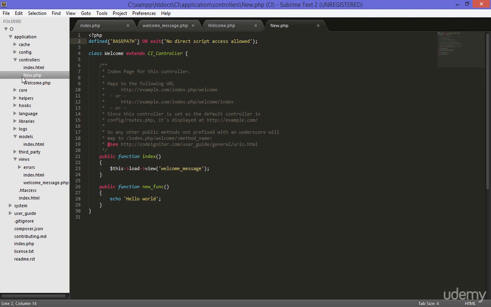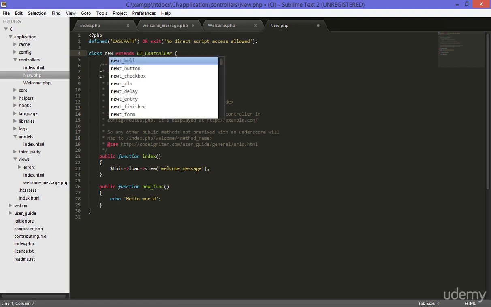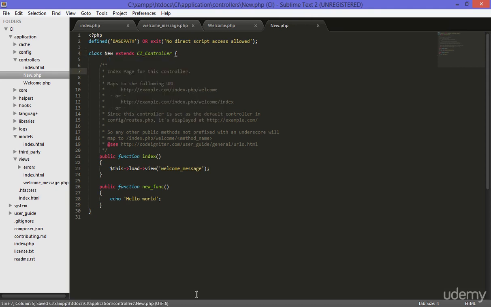Now, what is the name of the file? The name of the file is new.php. So now let's remove the welcome, because it won't work anymore: as I said, the controller's name should be the same as the file name. So now type New, but it should be in capital mode, the N should be capital. Now save and go to the browser and